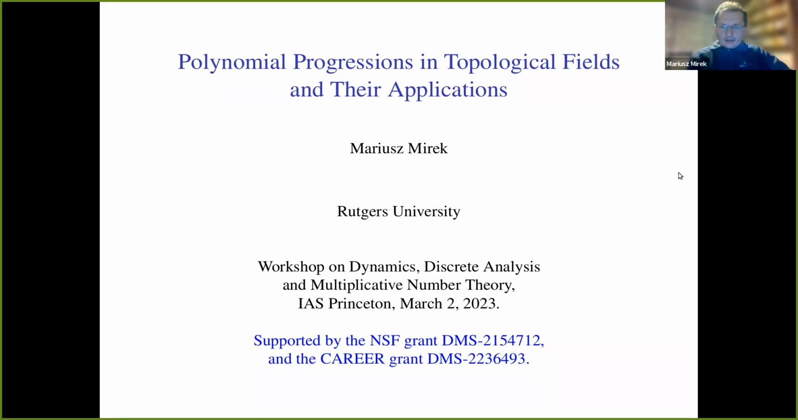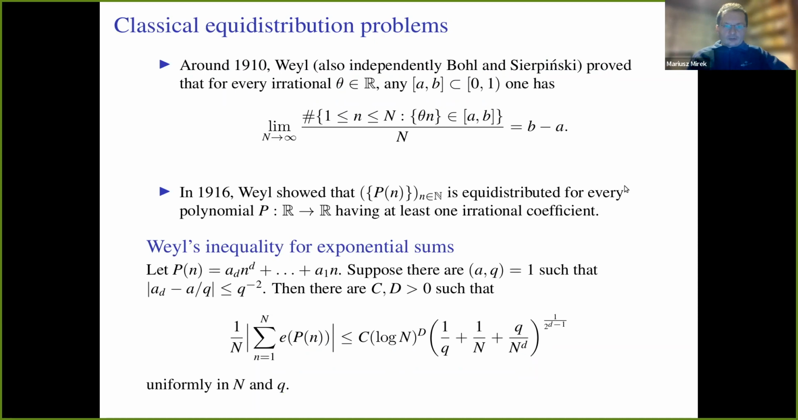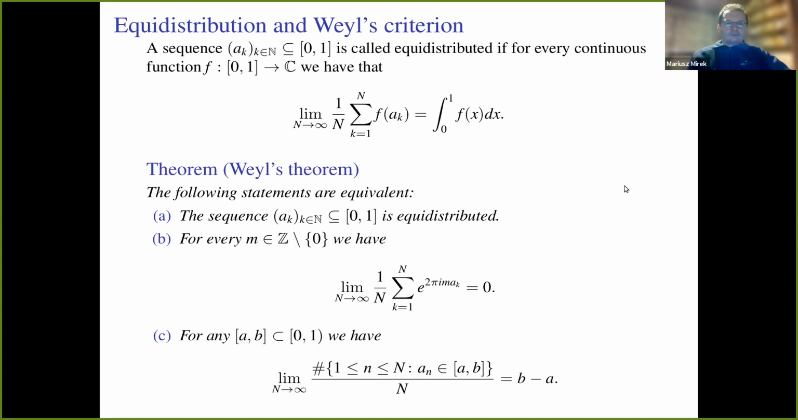So let me start from classical, from the equidistribution criterion of Weyl, and let me remind the definition of sequences which are equidistributed. If we consider a sequence in the unit interval, it's equidistributed if for every continuous function the following limit exists. And so the famous criterion of Weyl says that